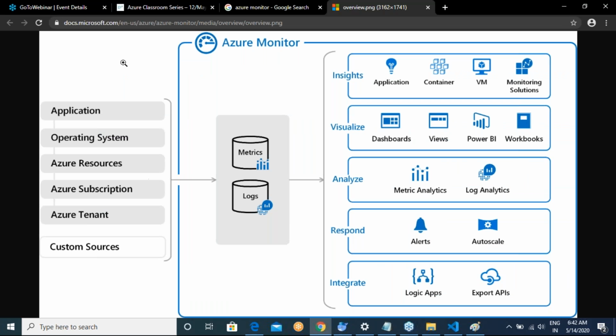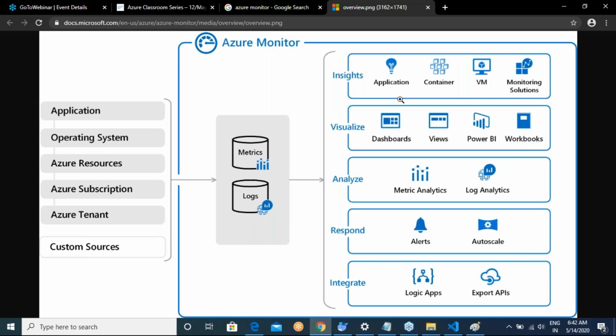Let us start with simple stuff, and then we will get into all of the different aspects.